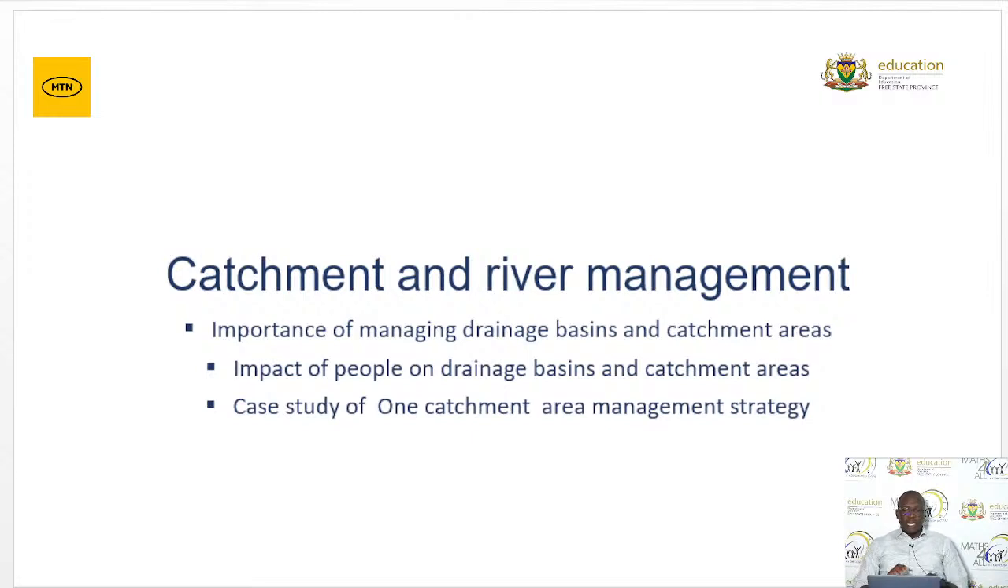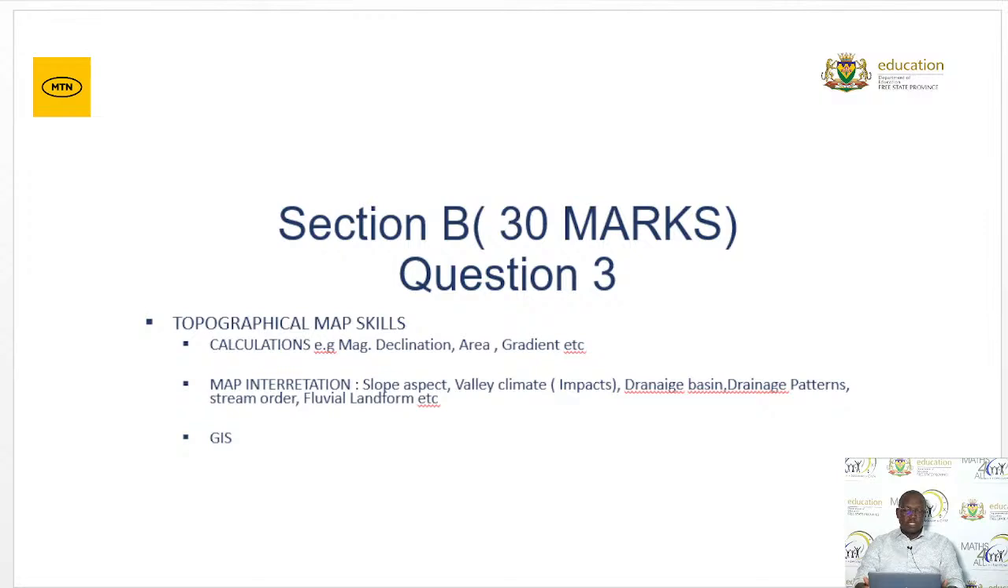And then section B, which is map skills and techniques, which is also very important, which is the last question. The first part of the question is calculations. For example, I've made examples there: magnetic declination, area, gradient, but we're having many calculations. So one must be able to know how to calculate each and every one of those